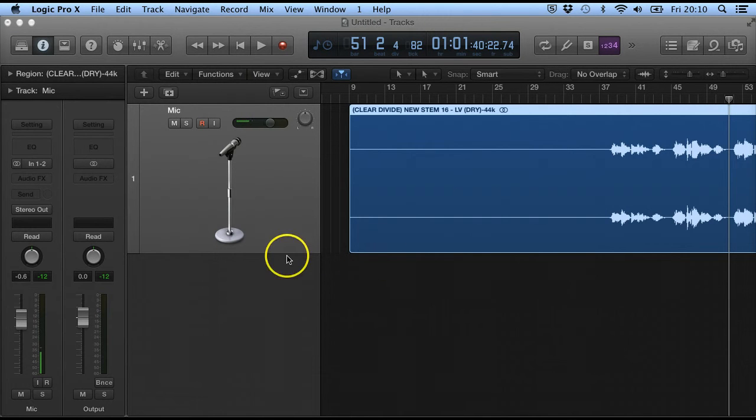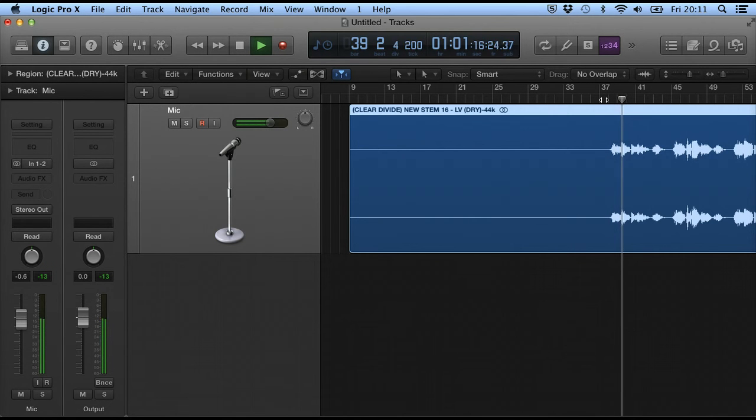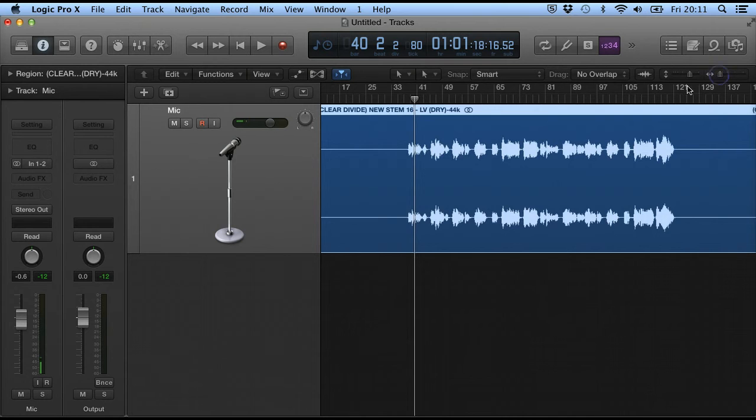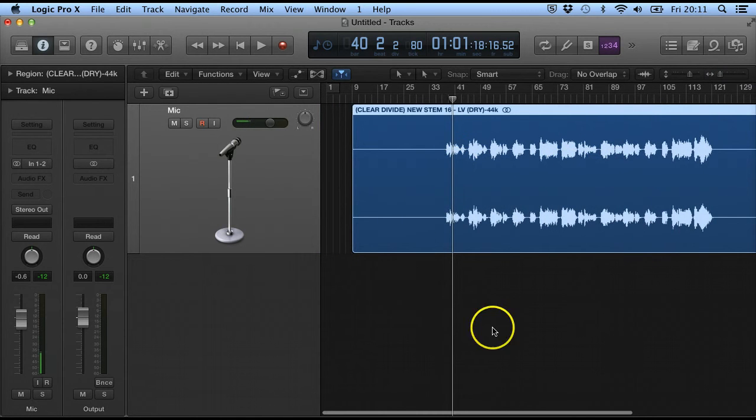So in this project I've just got one channel which has some audio, a stereo file in there. If I click here, we'll see it's some vocals. If we look at all this, we've got quite a lot of silence before and after the vocals, and we can change when the audio starts by dragging the